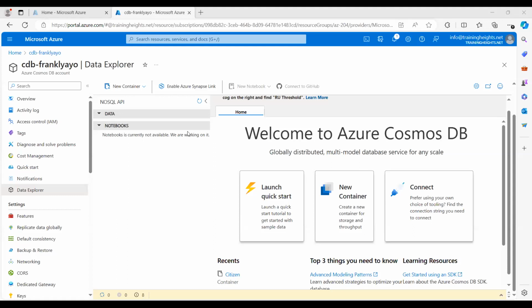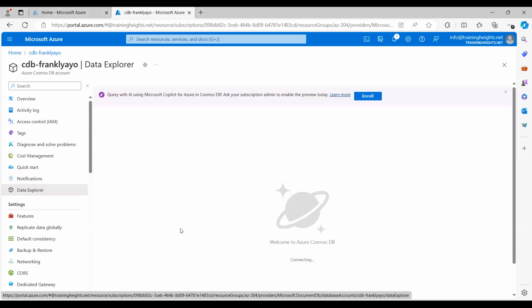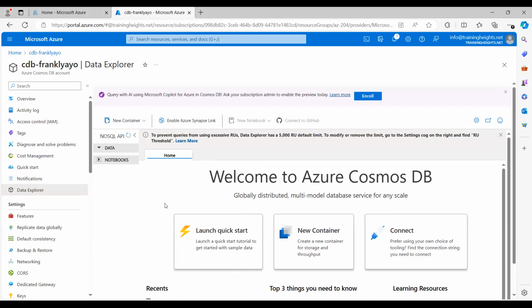Okay, I believe you can see my screen. So you can see that once I click on Data Explorer, there's no database here. You can see the option. It wants me to create a new container, a new database. If you come here, there's nothing. There's no database here. So what I will do is I would stop sharing, and I will share my